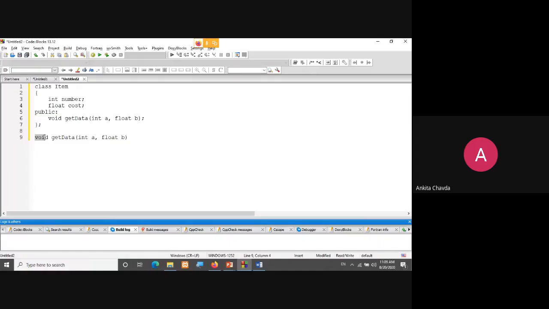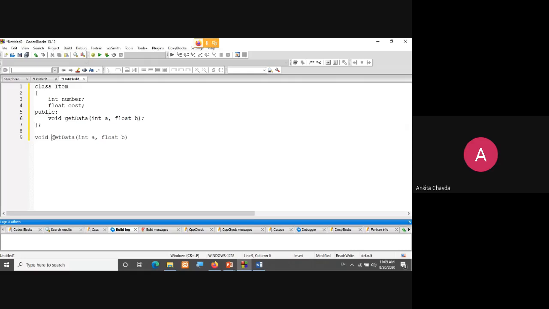After your return type, in front of your function name, you just label your class name, saying this function is from this class. So I'll simply copy this, paste, and then the scope resolution operator. So that's it. And now here you can define your function, but outside of your actual class.